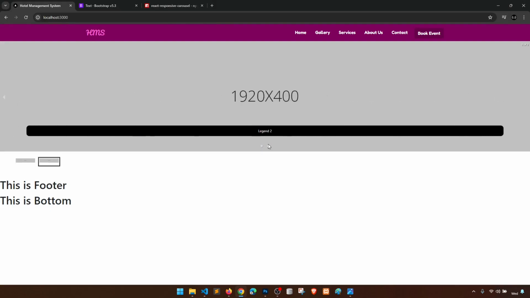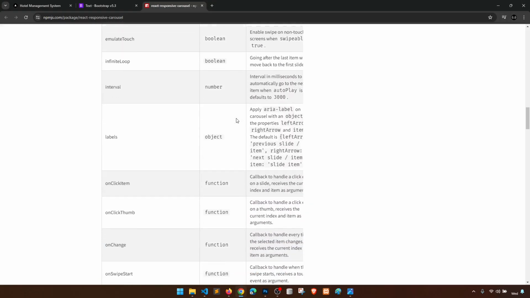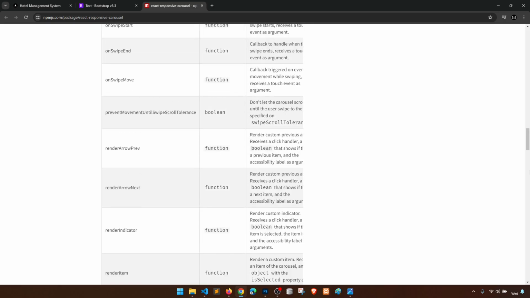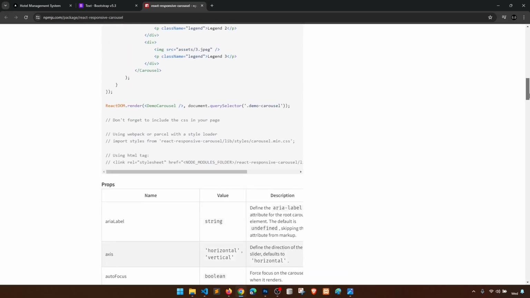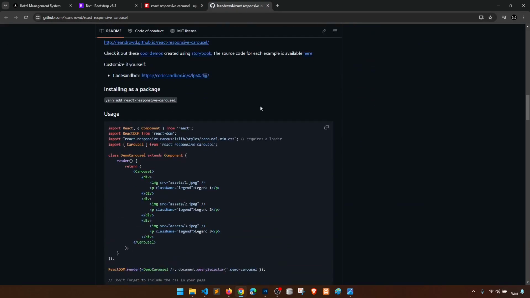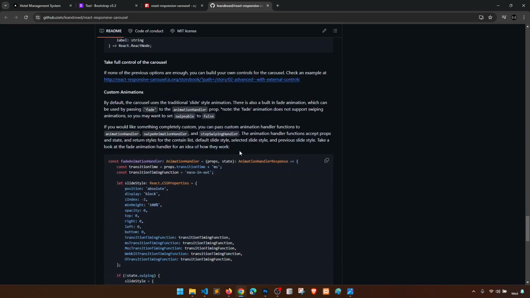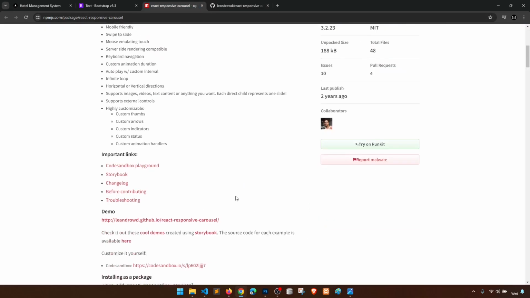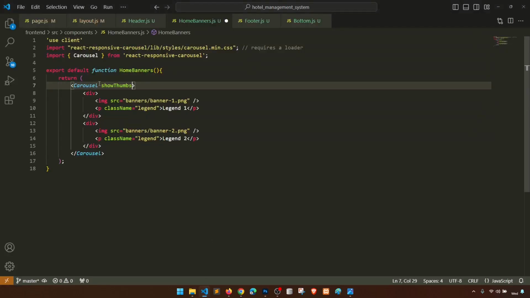Okay, here you can see, and I don't want to show the thumbnail, so show thumbs should be where we are defining it. Let's check this. Let's go to the GitHub and check where it is saying home.carousel, where we are setting these things in the carousel. Let's set this. We'll say here show thumbs